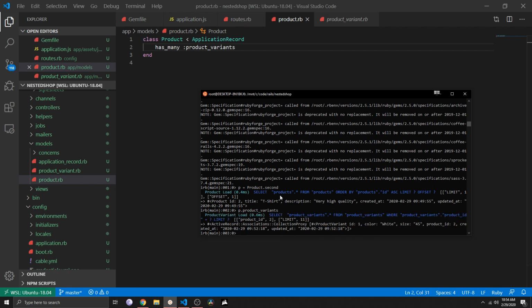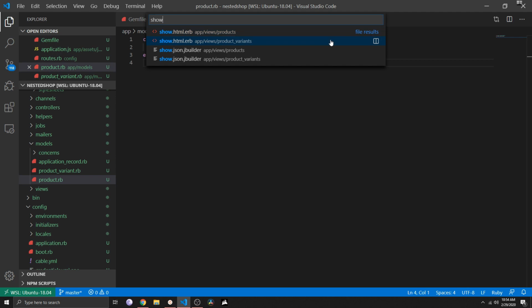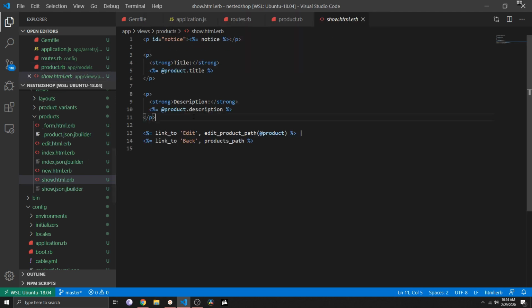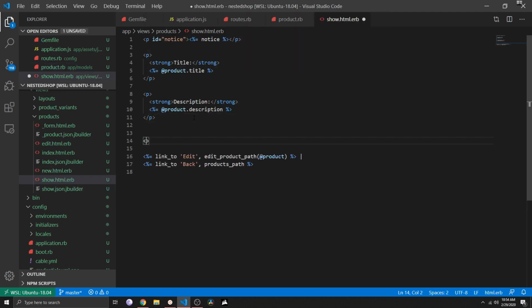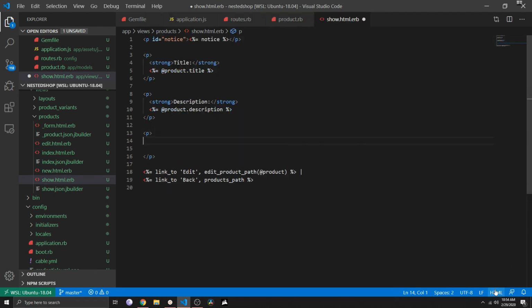We have our first variant that is now associated with this product. Okay, so we have one variant, color white, size 45, product ID, and so on. So if I head over now to the show page of the products page, we can add this here pretty much. So first let me change quickly this here to HTML so I can use Emmet. And then let's say here quickly,